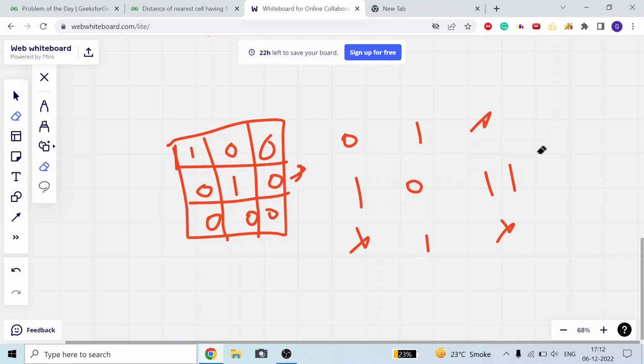This one, just erase them. Okay, now we know we cannot move anywhere further from these zeros, because all the cells from these 0 we can reach, we have already reached, these 4 cells. Now from this one I can reach here, from this one I can reach here, I can reach here, and from here I can reach there.